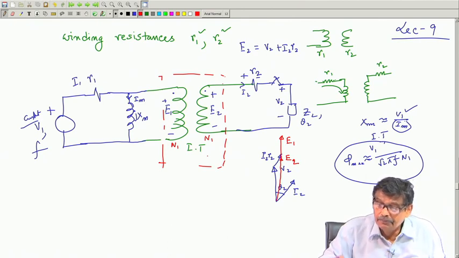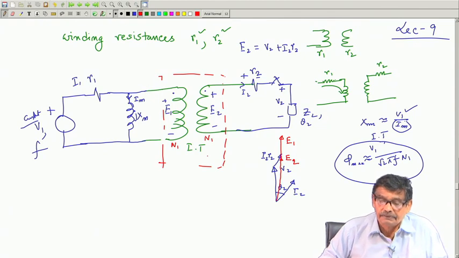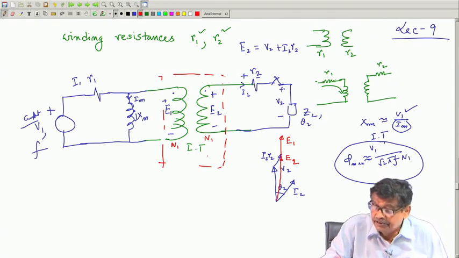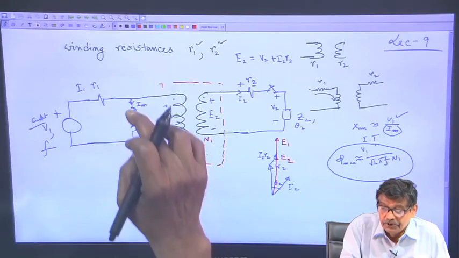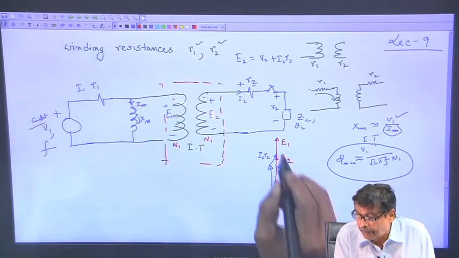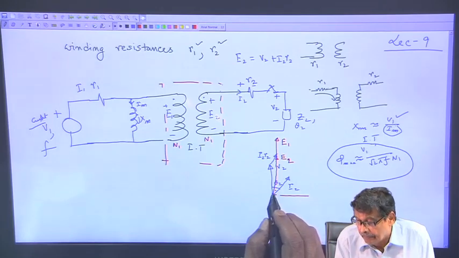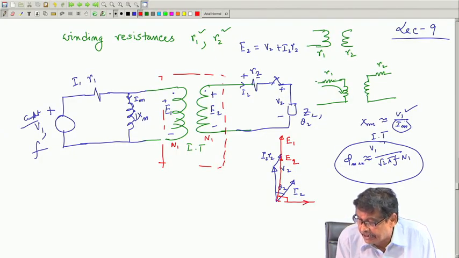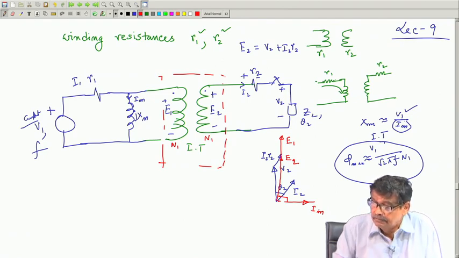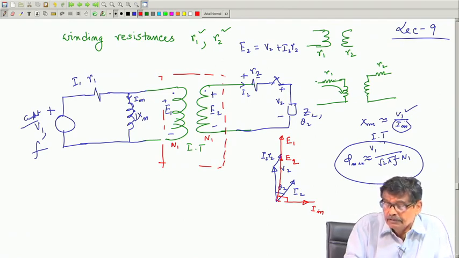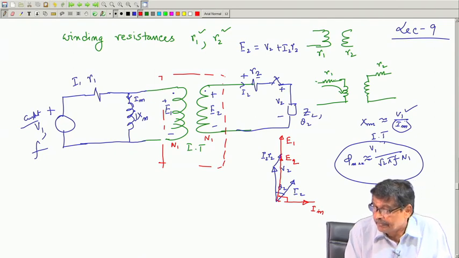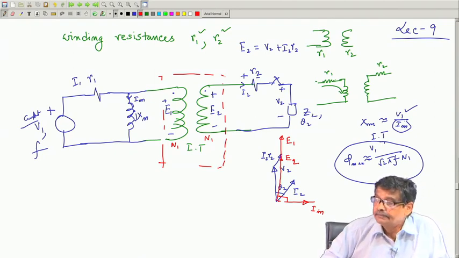So, this will be your E 1, and if this is E 1, this is E 2, your magnetizing current will be perpendicular to E 1, 90 degree lagging. Here is your finite magnetizing current I m, is it not? I have got E 1. So, E 1 by j x m, I m I get. So, this is the magnetizing current,